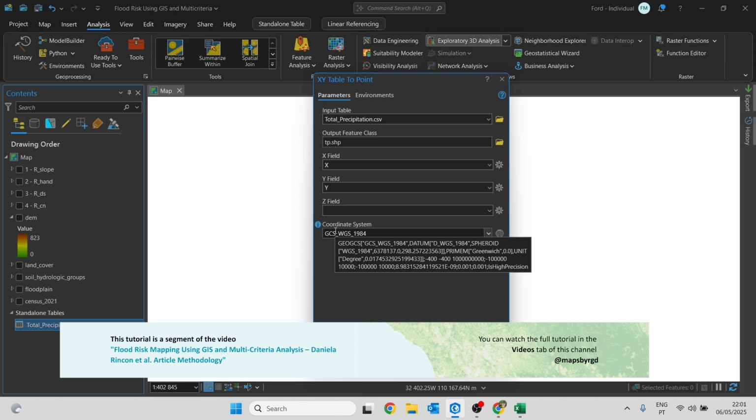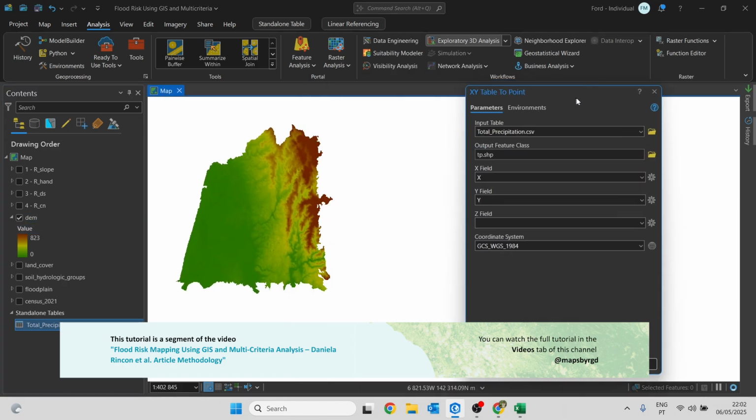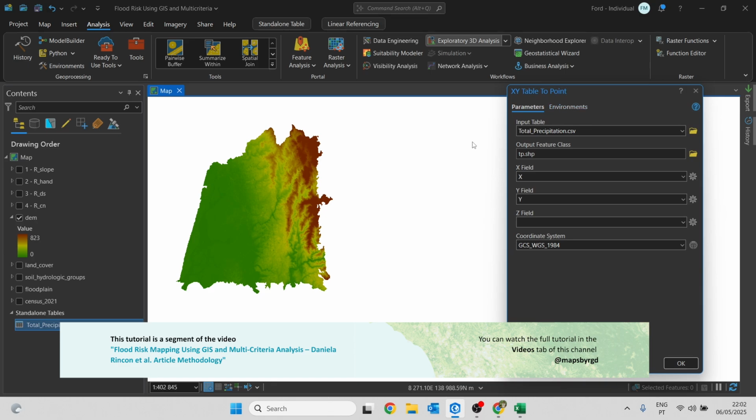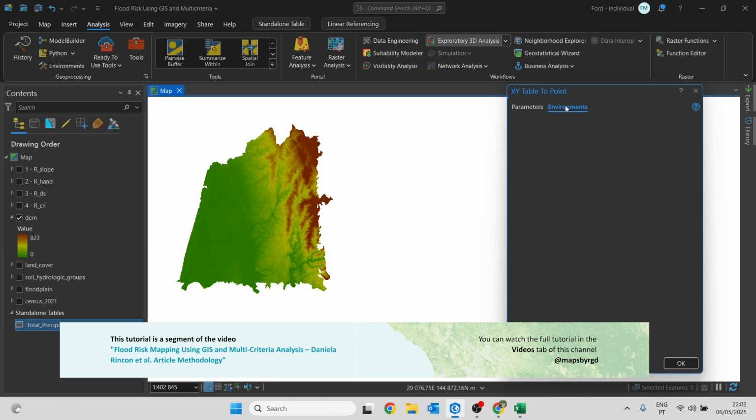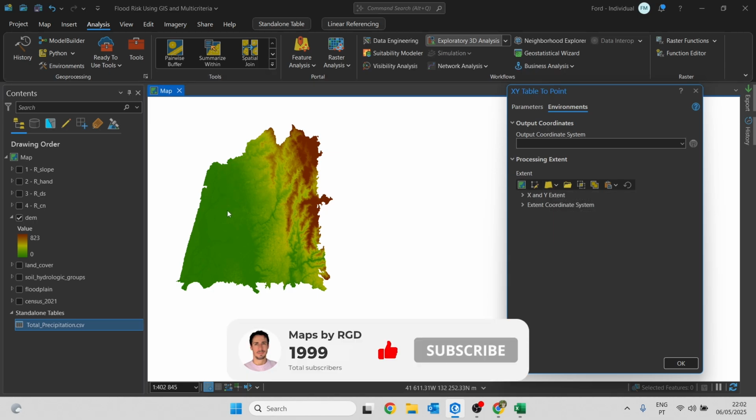Since many of these stations are located outside our study area, we can go to the environment settings and define that we only want to include the stations within our study area. To do this, we can set our study area layer as the mask or extent, in this case the DEM, ensuring that only the relevant points are used in the analysis.